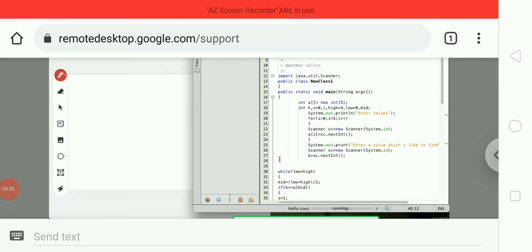Here we can see the Java program of binary search. Now let us discuss this program by taking some elements. Now let us see how it will work. So here I created an array A, and here I created the size 5 for array A, and after that I took some variables. k I use here